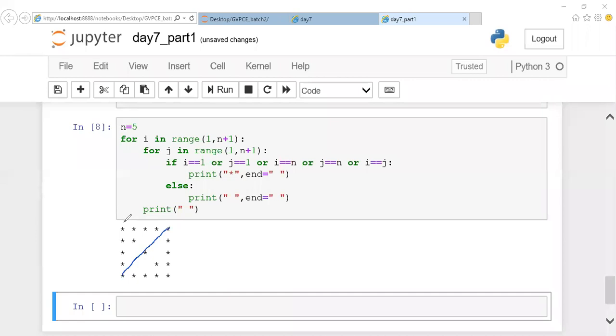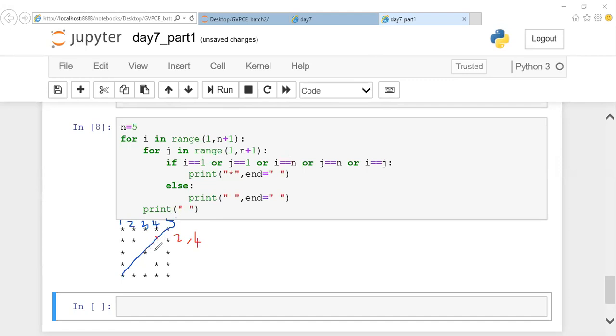So let me write the value. Here, what is this value here? This is 5, right? So 1, 2, 3, 4, and 5. So what is the index position of this particular point? This particular point is given with the index position 2 comma 4, this is again row, so 2 comma 4.